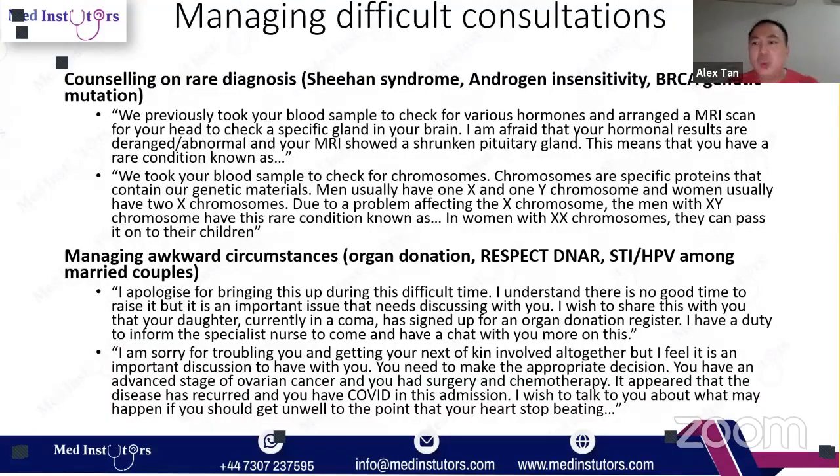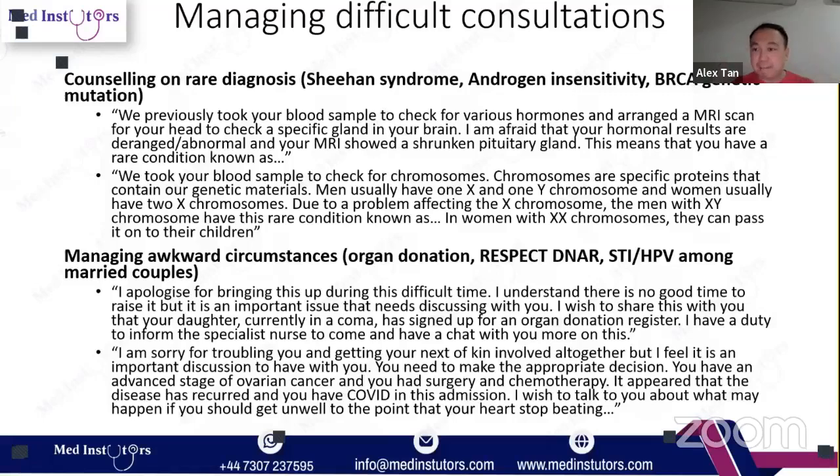Now, you will come across certain syndromes which will give you nightmares. So you'll counsel on a syndrome where you think they have no clue about it, like Sheehan syndrome, androgen insensitivity syndrome, BRCA gene mutation, Lynch syndrome, all these mutations which are getting more and more popular. Although it does make you panic and lose focus, if you feel that way, so do three quarters of the doctors sitting the exam. You are not alone. So don't let the previous station affect your performance and judgment.